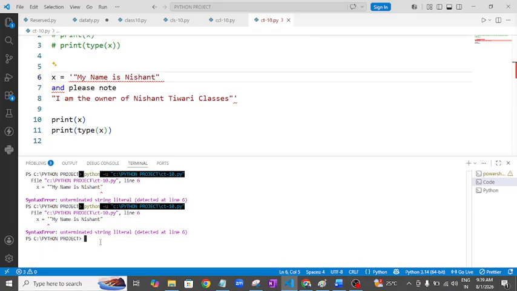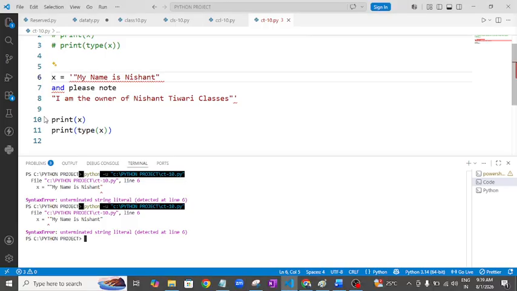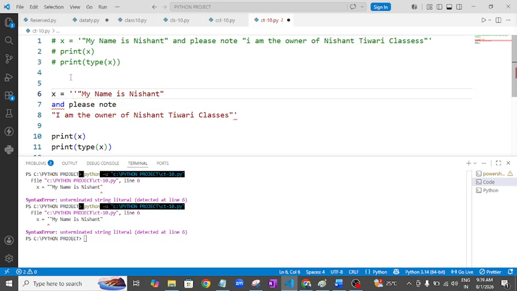Somewhere I have studied, we can define a string in three ways. Some people will think that when we are defining a single character, we have to go ahead with triple quote. Nothing like that. Sir, can you try with the triple quote, sir?